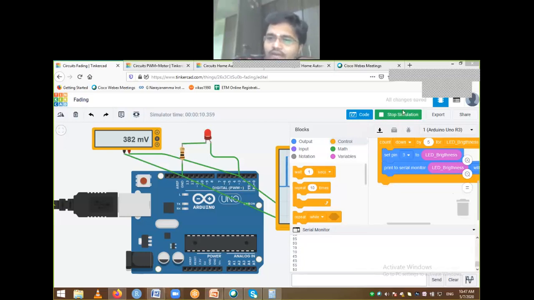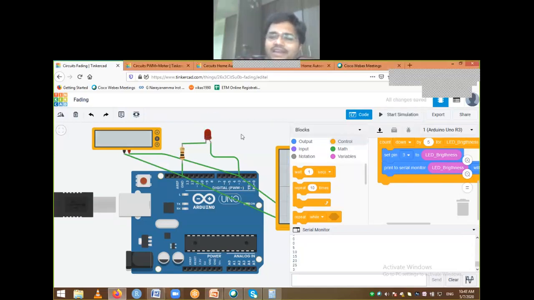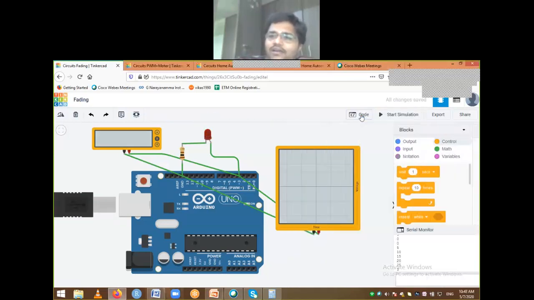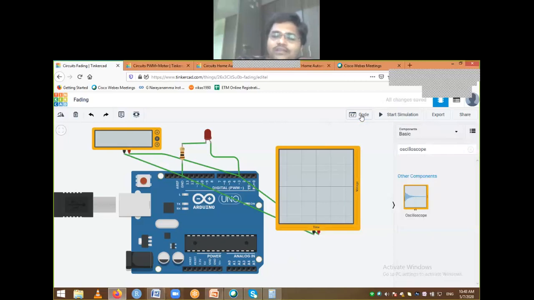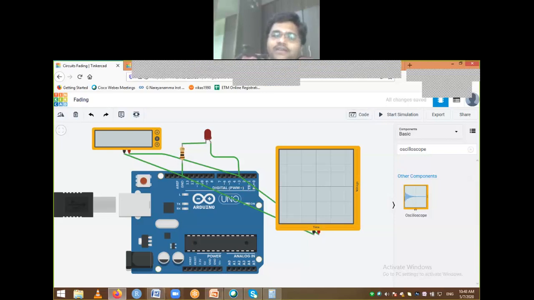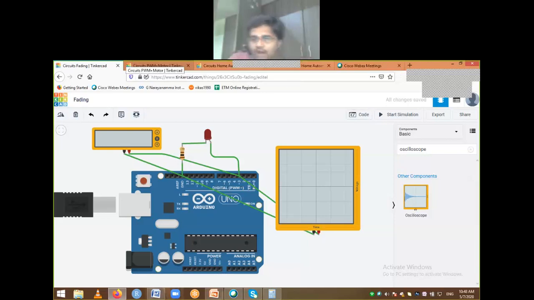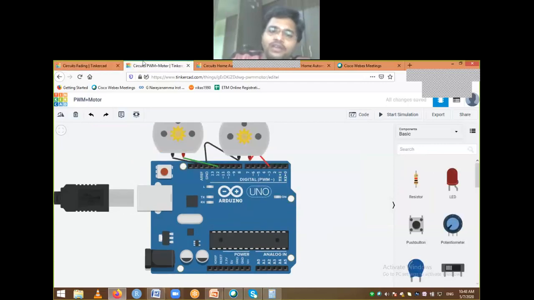Now we'll stop this one. And the other thing, like I said, voltage regulation can be done by using this PWM. Next we will try rotating a motor and see how it works. The telecommunication part we cannot show in this one, like how we do modulation with respect to pulse width, etc. All those things we won't be able to see. But with respect to real-time hardware, how we are working, we'll see.